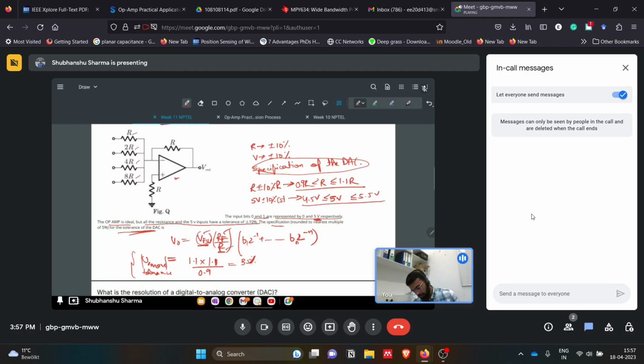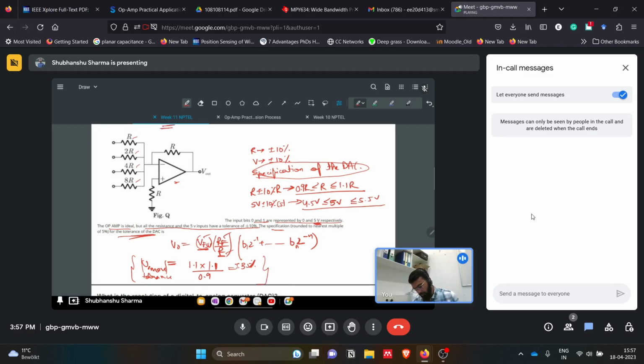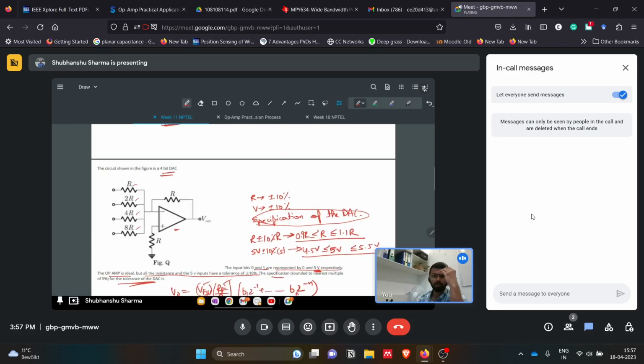Okay, so this is the maximum tolerance which we can achieve from using these resistances of these tolerances. Okay,